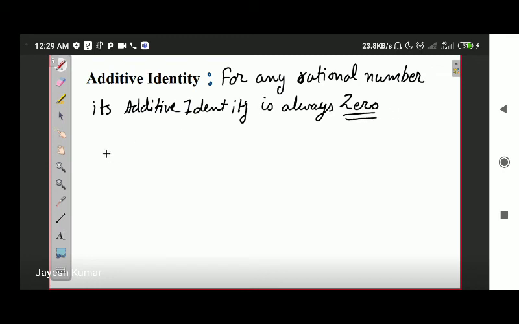How so? Suppose, let's take an example. I have a number 13 upon 12. What happens when I add 0 to it? The answer is again 13 upon 12. So, what is additive identity? I add some number to the given number to get the same answer, and that number is always 0. Fine. The thing with 0 does not happen with subtraction. When we discuss subtraction, we might discuss it. So it is quite simple, additive identity.